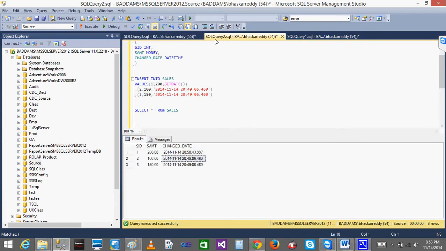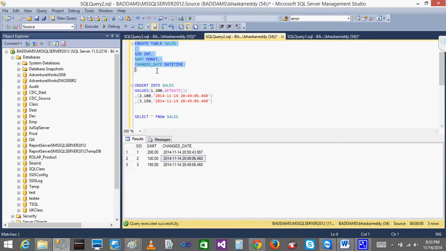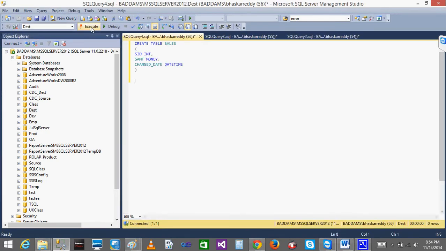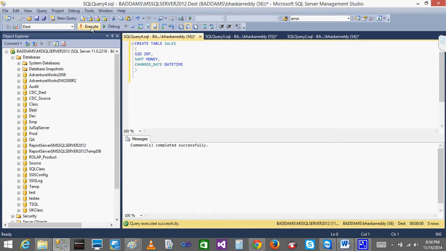So the same structure, whatever structure I have in this table, I'll create the same table in the destination also. Destination, new query. So here I'll Ctrl+C and paste. Done. I've created the table. So now my process is that I want to load the data from there. So first what I'll be doing is that,